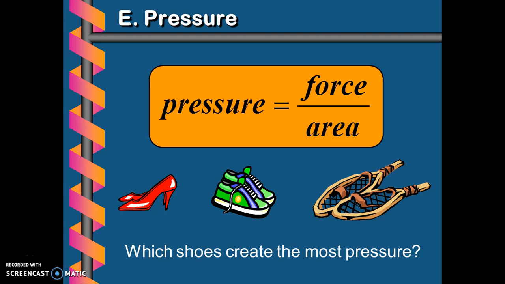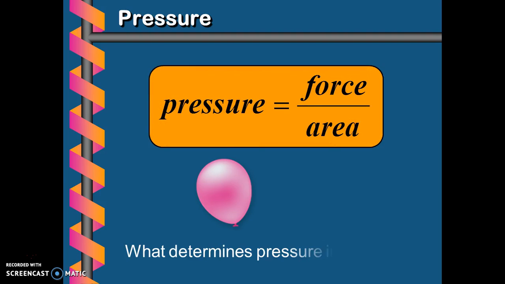The high heels, the heels on the back have a very small area. So a small area would create a high pressure. And so those would be the shoes that would create the most pressure on the floor or whatever you were walking on. In a balloon, and specifically with gases, what determines the pressure is the force of the gas molecules